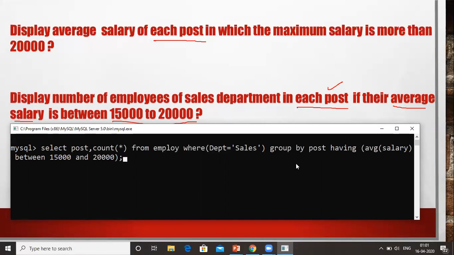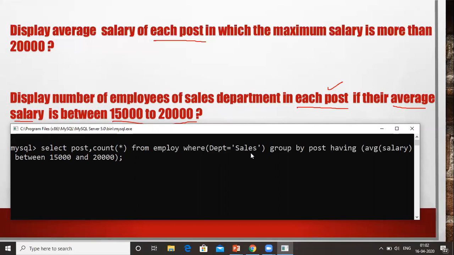So how will this command execute? First, all the records where the department is sales will be obtained from the table employee. Now when we obtain the sales department employees, then those records will be grouped on the basis of post.